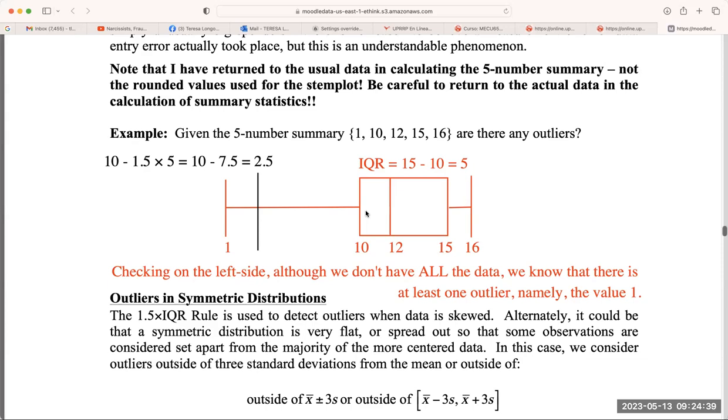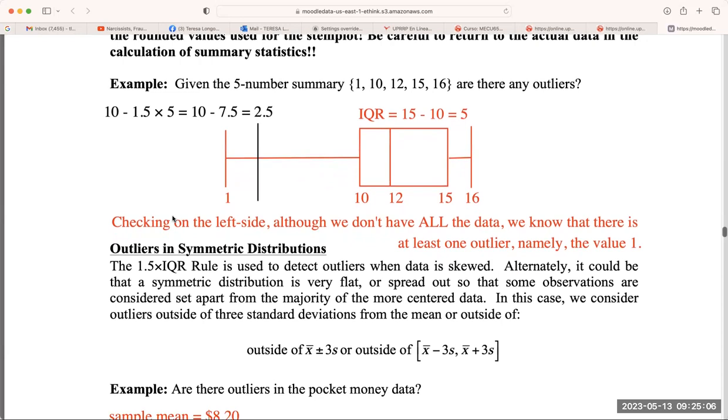So my main point is, the question was, are there any outliers? Your answer is at least 1. There could be more. The maximum is 25% of all the data, here or here. Okay, that's the most. But there's no reason, even though I have a long line and everything looks uniform, that it's necessarily the case. I don't know. Okay, so